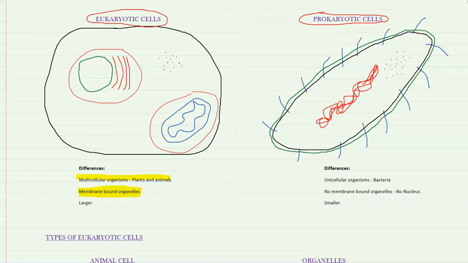Basic structures that are surrounded by membranes. Thirdly, they are much, much larger than prokaryotic cells. Okay, we're looking at sort of 10 to 100 micrometers in size. Prokaryotic cells, on the other hand,